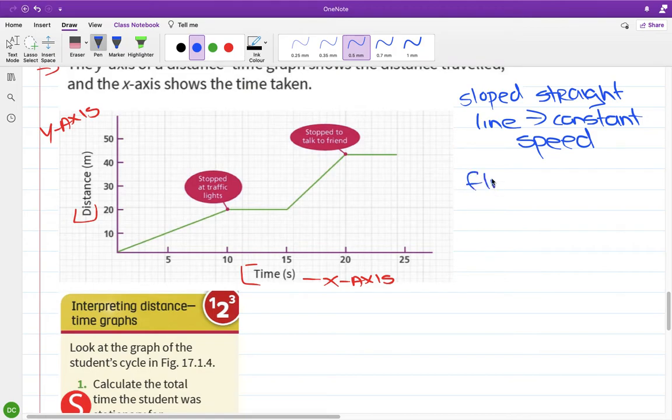When you see flat or horizontal straight lines,